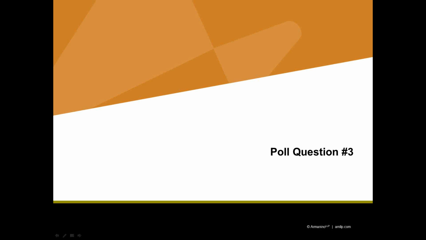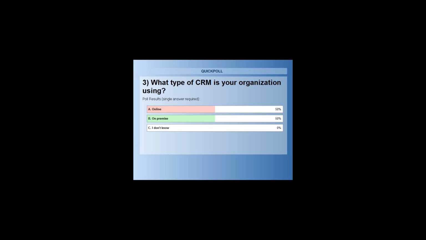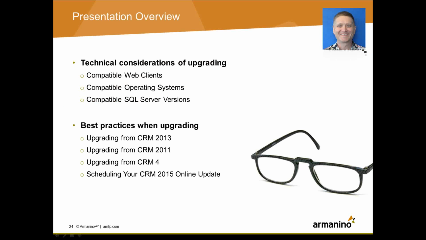Well, the last poll question here is pretty straightforward, and we asked about the specific version previously. Most of you are on 2013. Here, what type of CRM is your organization using? So the basics are online or on-prem. If you're not sure, that is a valid choice as well. And let's see, I think that everyone has voted, so we can move on. And it's an equal split, so half online, half on-prem. Thanks very much. That makes a difference in terms of